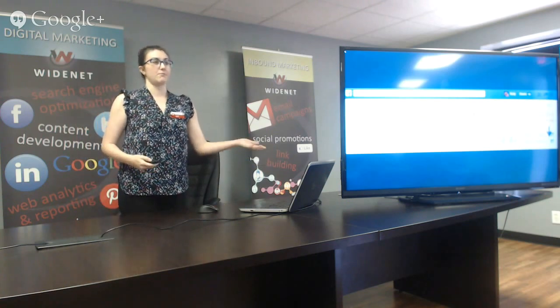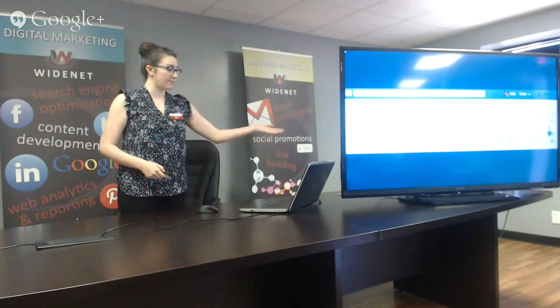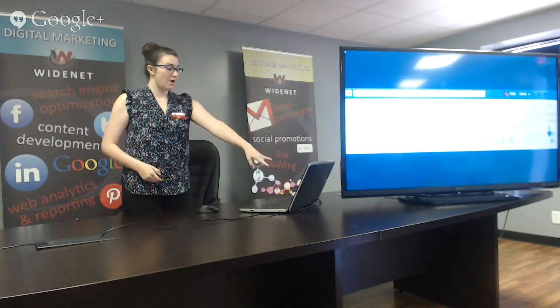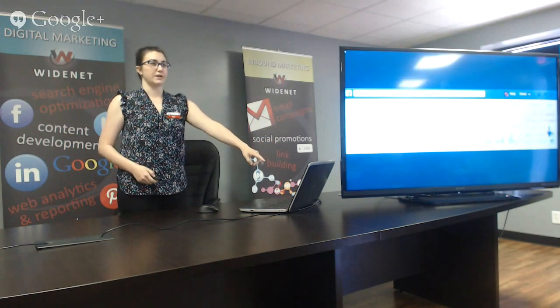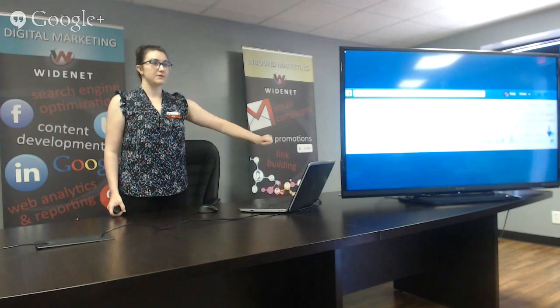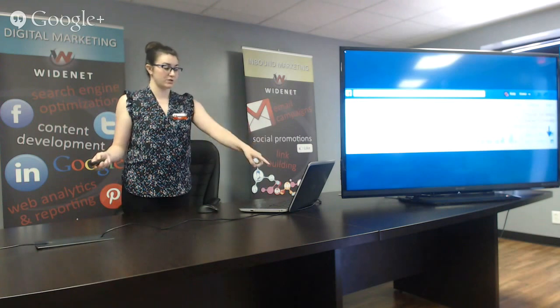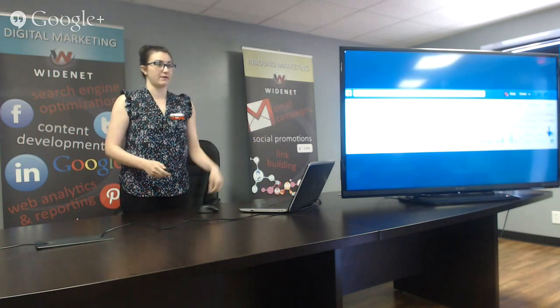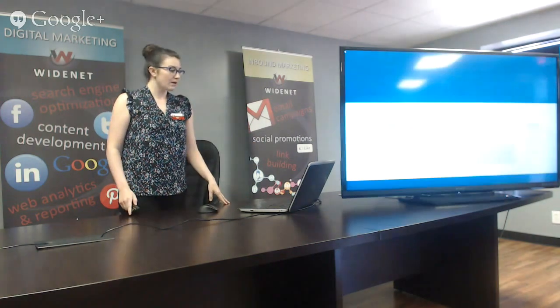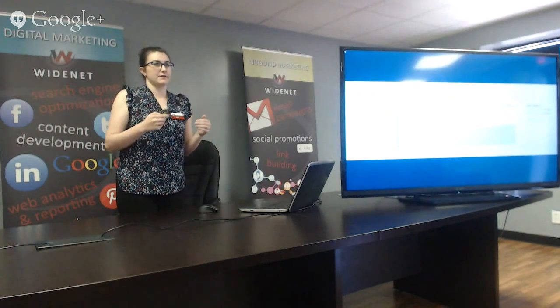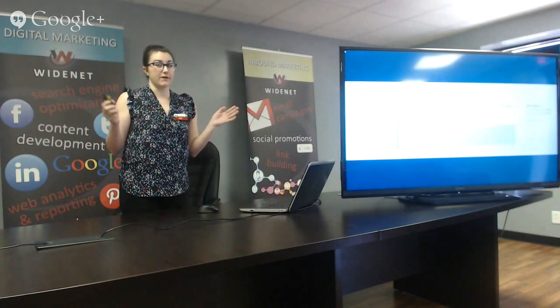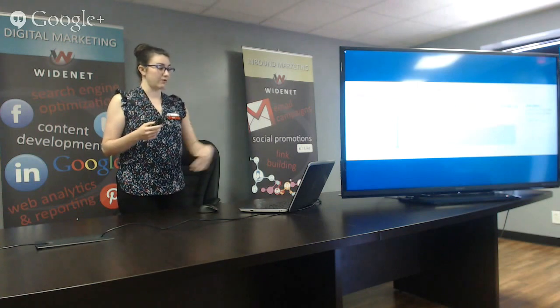But let's start with this. We're going to be looking at a month view in all of these. So up at the top, it shows you the range of what you're looking at. And you can use the slider to change what dates you're looking at, or you can just type it right in there where I've got that arrow pointed. So the next thing, right underneath where you change the date value, is a graph of your